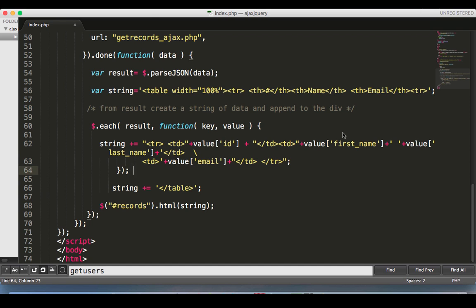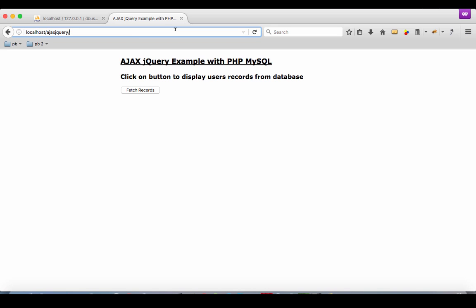So let me save this code and run this page in the browser, and so please type the URL of this page, localhost/AJAX jQuery, and press enter. So you can see this page that we have just created, and it has a button over here, fetch records,